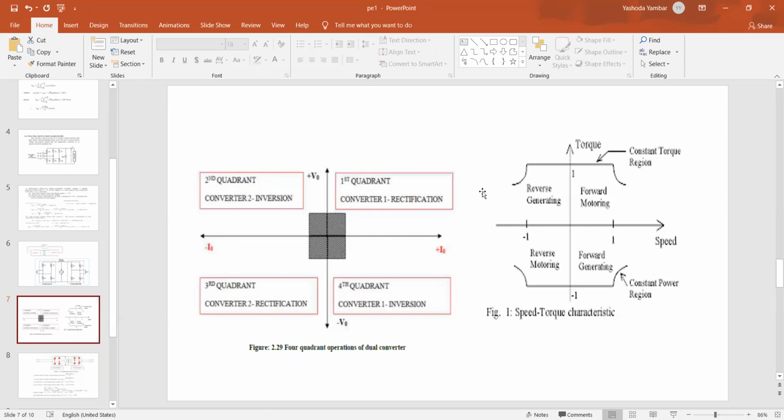Let us consider an electric train that has started, and the motor inside the electric train is rotating at its rated speed. The electric train is moving at its rated speed, approaching a maximum speed. Under this condition, alpha will be maintained less than 90 and the entire electric train machine will act as the motor. Maximum power is transferred from source to load. The electric train is moving in the forward direction from one station to another.